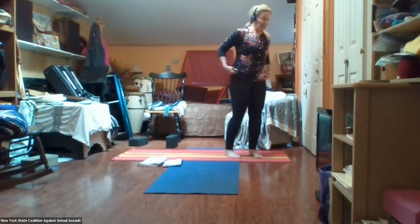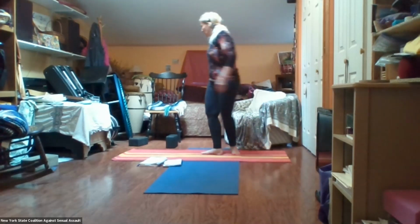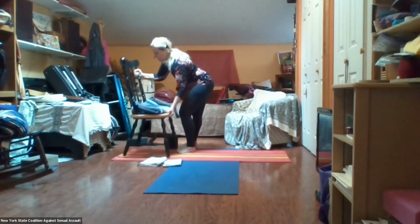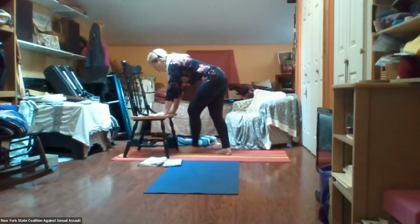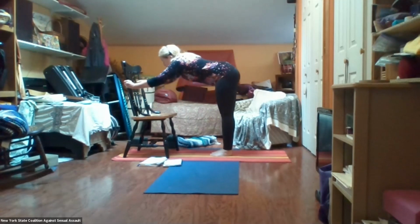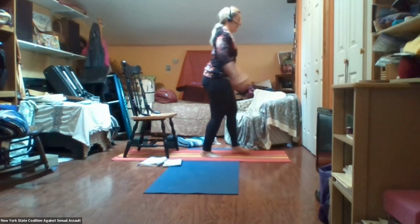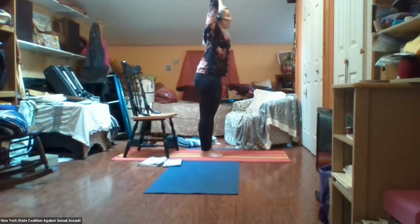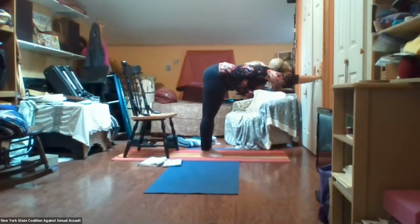And I'd like us to do a little bracket at the wall or at a chair. So if you have a chair, it can be as simple as using the seat of the chair or the arms of the chair. If you have a wall, it would be stepping about 3 feet away from the wall, lifting the arms, and then pressing the hands into the wall or the door at shoulder height,